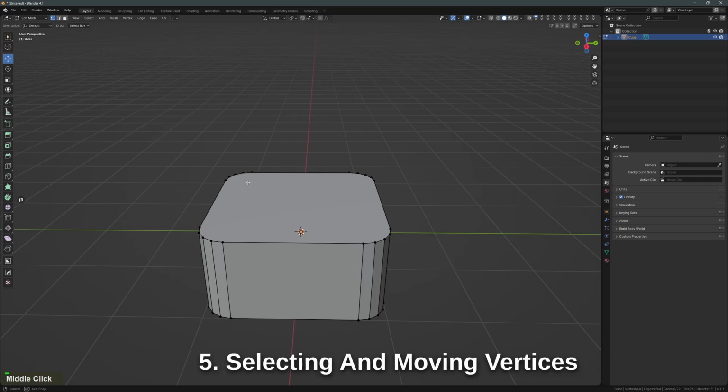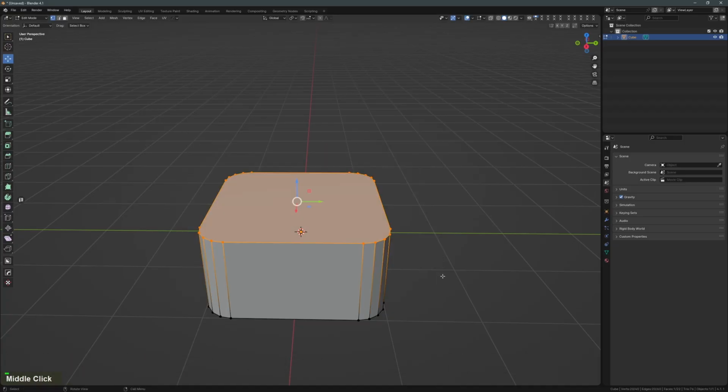Since my viewport is in box select mode, I can simply drag a box over my mesh and everything visible gets selected. Please note that in this view there are also hidden vertices on the back of the object, and the box does not select these. You can also see that each edge has little dots on its ends. These are the vertices. Blender shows them because I'm in vertex mode.